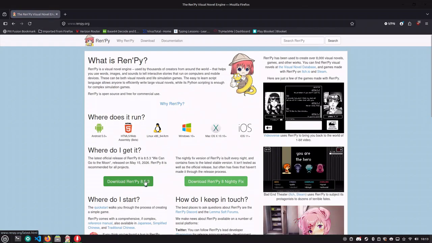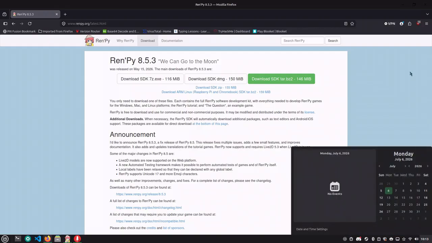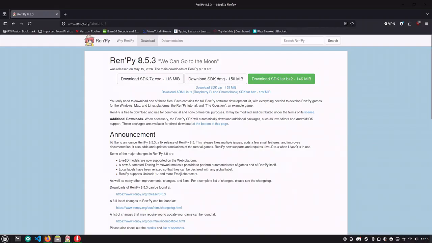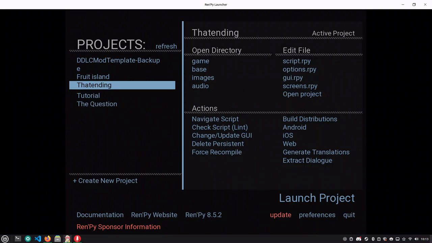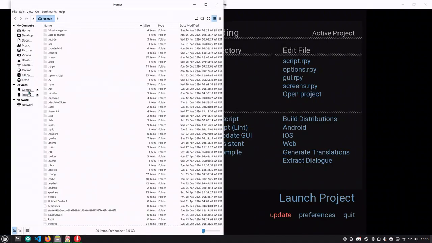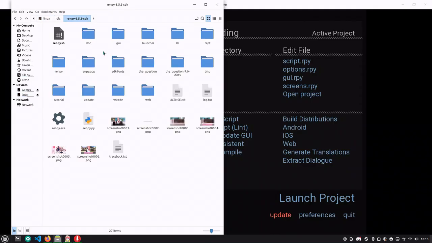First off, install Ren'py 8.53 or whatever is the newest. Today's date is July 6th, so this is the latest release. First, get the tar.bz2. Once it installs, go to where it is extracted, and yeah, I know it isn't gonna look like this, but